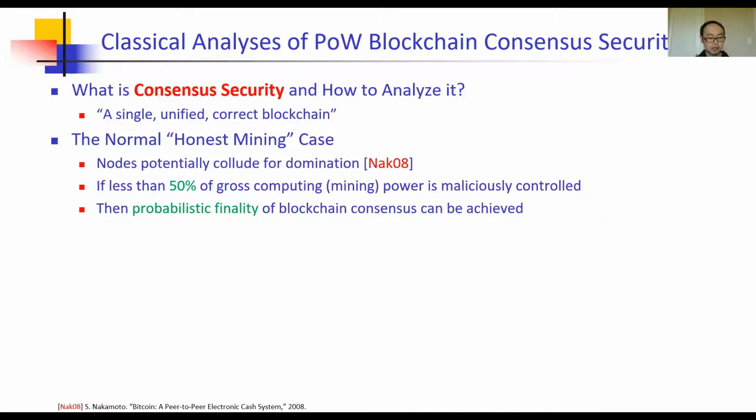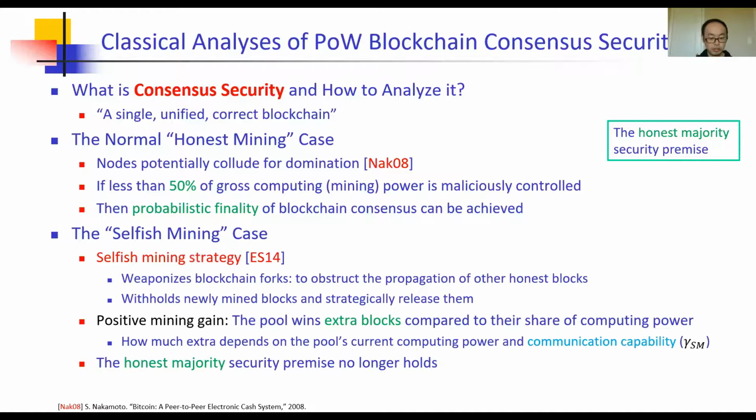Otherwise, this consensus is secure in that probabilistic finality can be achieved, which means any block already written on the blockchain should be valid and irreversible, and a double spending attack is unlikely to happen. This notion of consensus security is also known as the honest majority premise. There is another type of